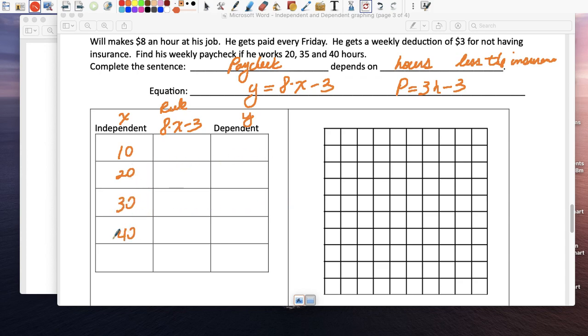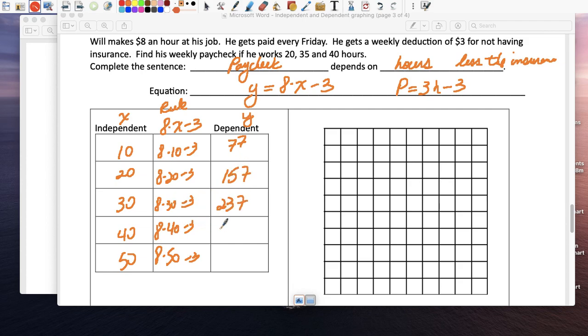Why don't we do that? Maybe 52. So it would be 8 times 10 minus 3, 8 times 20 minus 3, 8 times 30 minus 3, 8 times 40 minus 3, and then 8 times 50 minus 3. 8 times 10 is 80, so minus 3 is 77. 160, 157, 240, 237, 320, 317, and this is 50, which is 400,